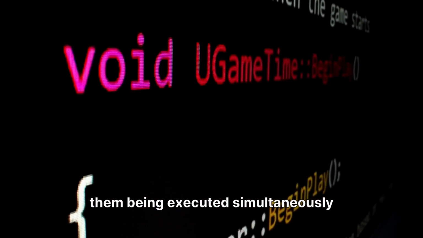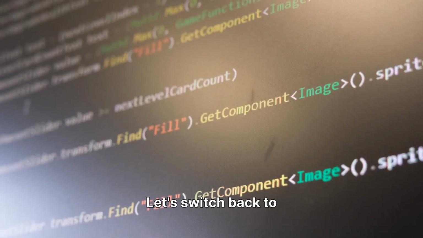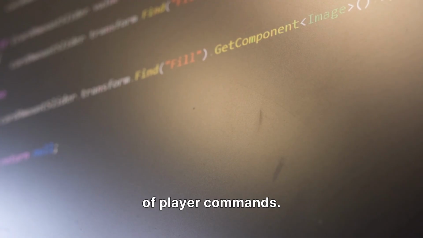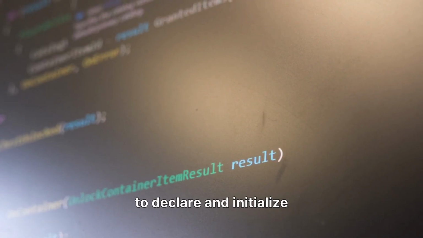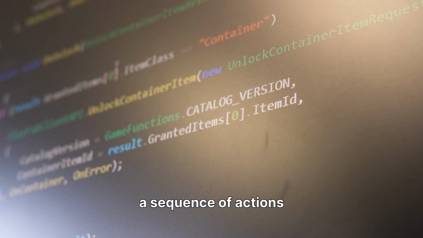This allows players to issue multiple commands without them being executed simultaneously or in an incorrect order, providing a smooth and predictable control experience. Let's switch back to Visual Studio to implement a queue. We'll create a queue of player commands. This will illustrate how to declare and initialize a queue in C#, preparing it to store a sequence of actions